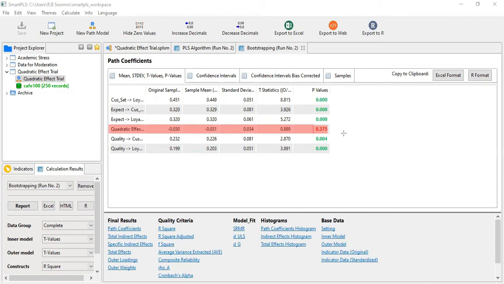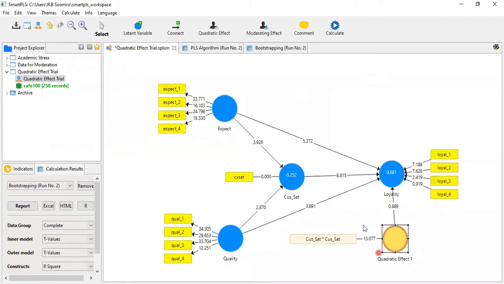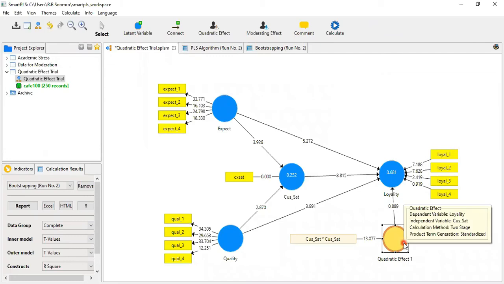Now this result shows that on one hand there was a negative relationship, and on the other hand it is insignificant because its p value is 0.375, which is quite above 0.05. Again, the t value is also less than 1.96. So these relationships are insignificant.